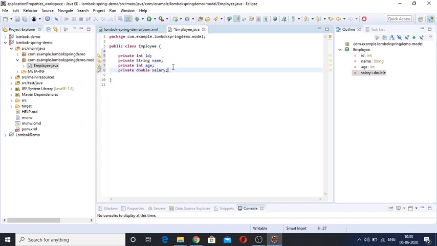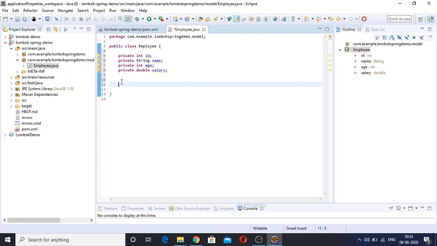So here Lombok comes into the picture. To access and operate on this employee, we need to provide getter and setter methods, a no-argument constructor, and an all-argument constructor.